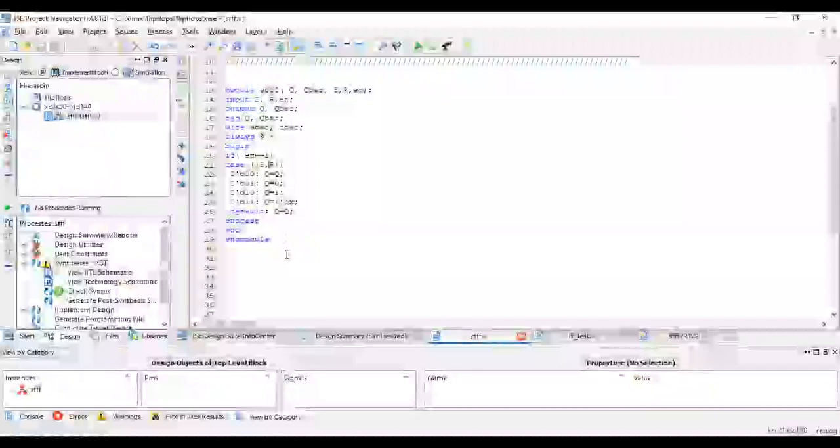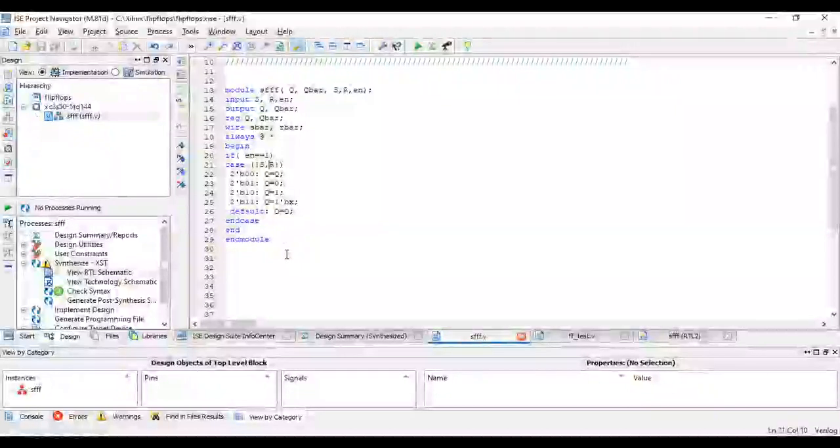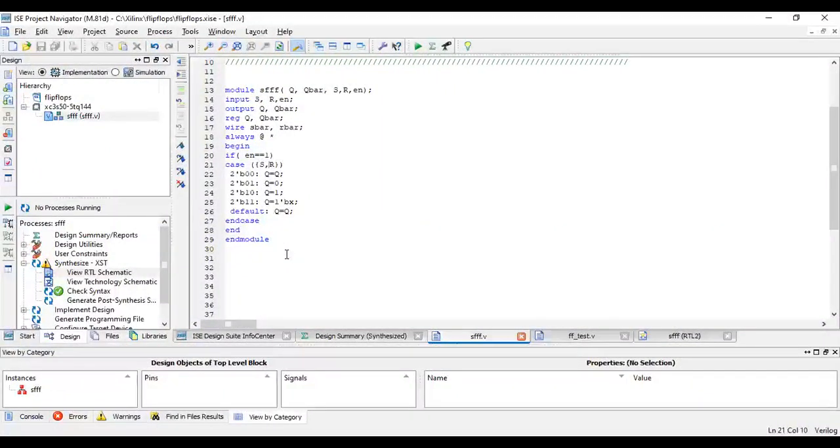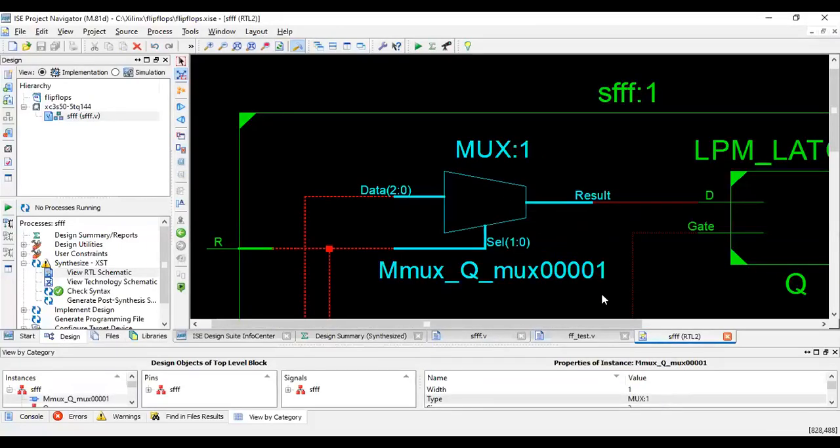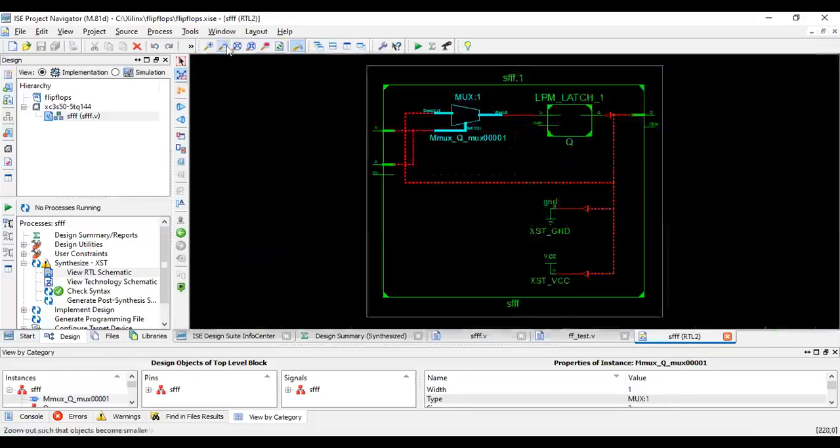Now let us see how an SR latch with enable works, the clocked or gated SR latch. We are going to see a gated SR latch and then a clocked SR latch. This is a gated SR latch where I have enable. Let me synthesize it. After synthesis, you can see that I'll have one gated input, S and R, and Q and Q bar. This is the synthesis diagram, and you can see the detailed diagram also. Anyhow, we are not interested in the detailed diagram. We'll go to the test bench.